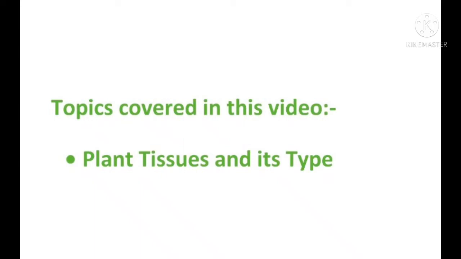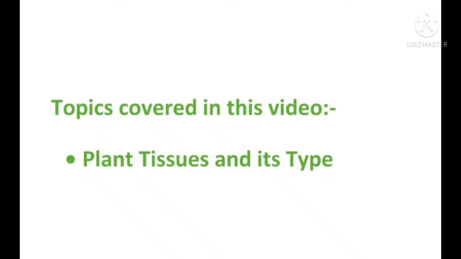In this video, we are going to see the next part of Chapter 6 Tissues. So, we are going to see Part 2 of Chapter 6. Okay, so in the previous video we have seen the introduction of Chapter 6 Tissues. We have seen what these tissues actually are. We have seen two different types of tissues, that is plant tissues and animal tissues. We have seen the difference between the plant tissues and animal tissues. Okay, so all the introduction we have seen, and the difference between them we have seen in detail.